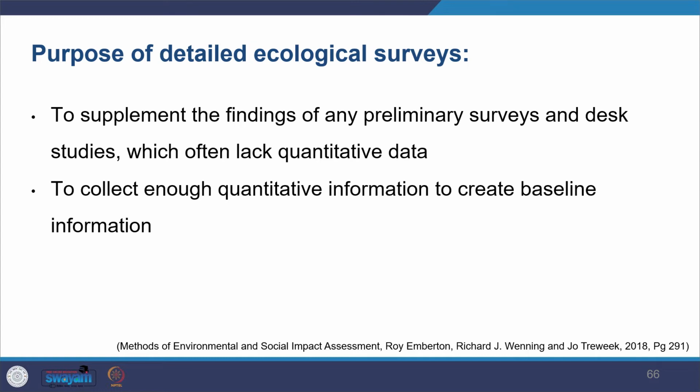You might have an initial study, you might only have descriptions that such kinds of things are happening, but then with this survey you can give detailed information. So this will help you to create baseline information. You also need to have a spatial scope. When I say spatial scope, that means how much boundary you will cover for your detailed study. And then it will also help you to see what kind of direct and indirect impacts will happen.